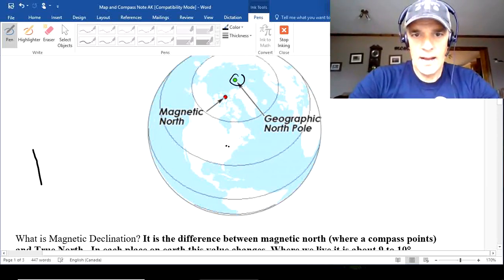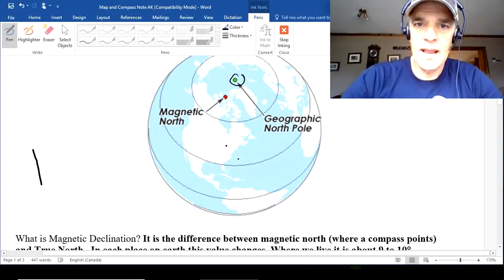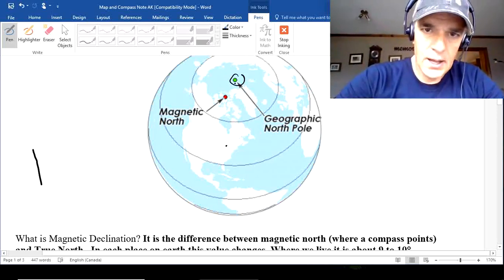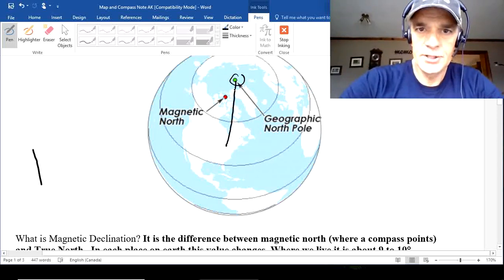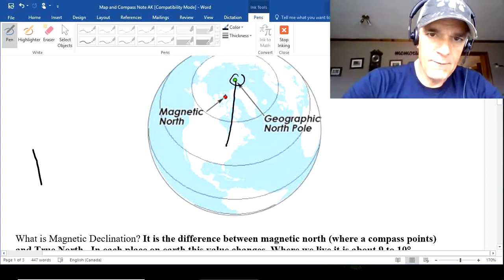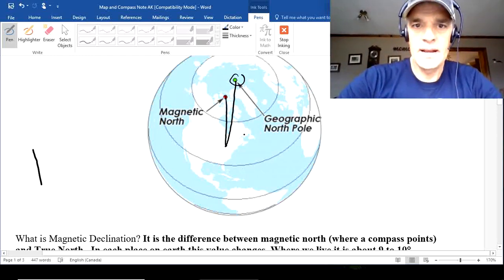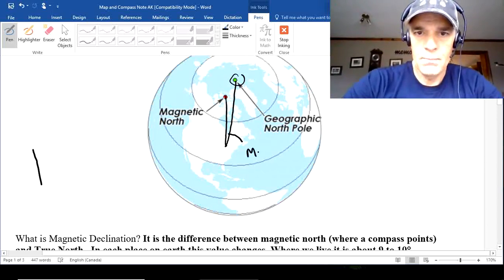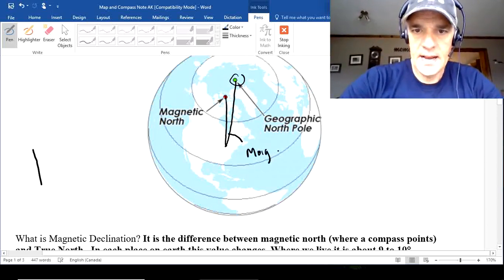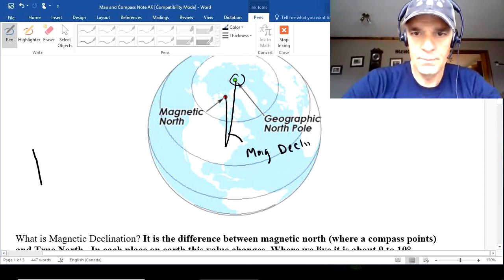I don't know why, but for some reason the dot disappears on me here. And if you were to draw a line that goes like this, that's our direction to true north. And if we draw a line here, there, that is magnetic north. This difference is what we call magnetic declination. Okay, I'm just going to use a short form here,